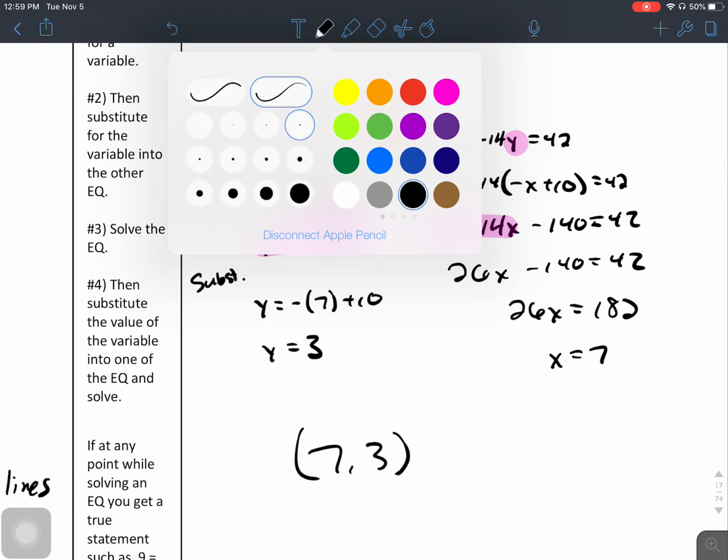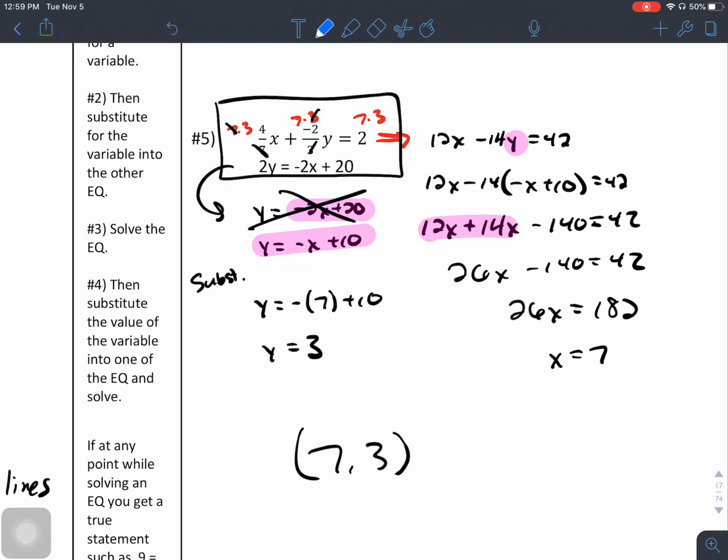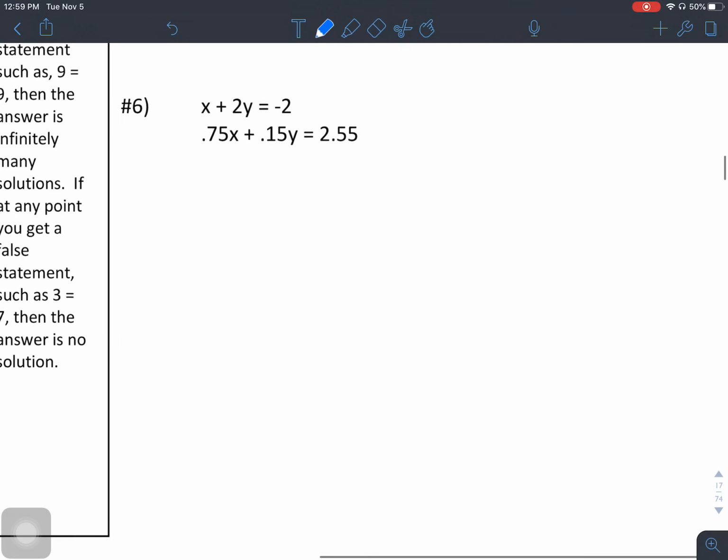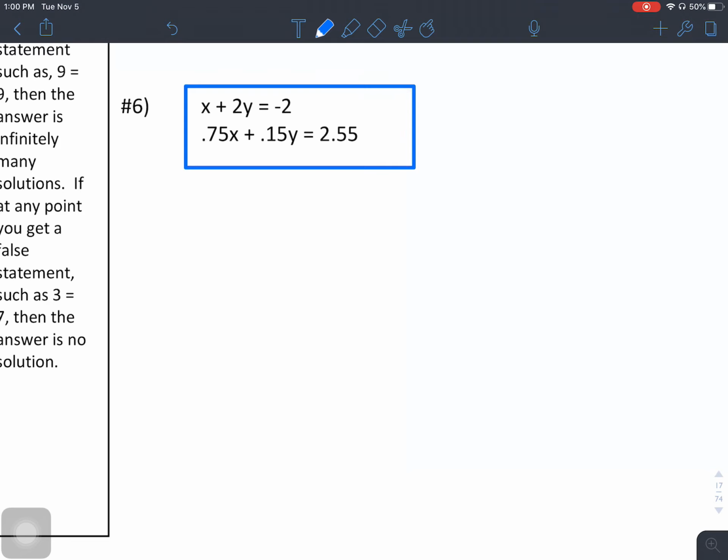Now at certain points, you might find that what you have when you're done is a mess. I did this first. I did this second. I did this third. I did this fourth. And I got this answer fifth. One more. Oh, decimals. That's terrifying. Or is it? We could take this bottom equation and we could multiply it by 100. It's the multiplication property of equality. Why 100? Because the number of decimal places that I have is 2. If I multiply these by 100,